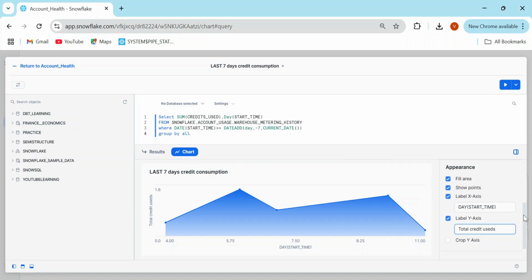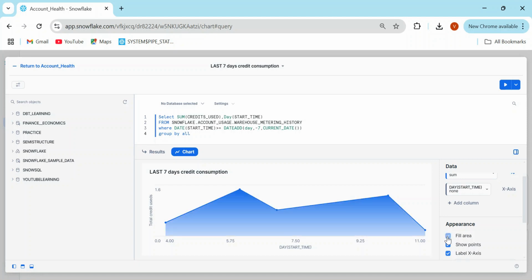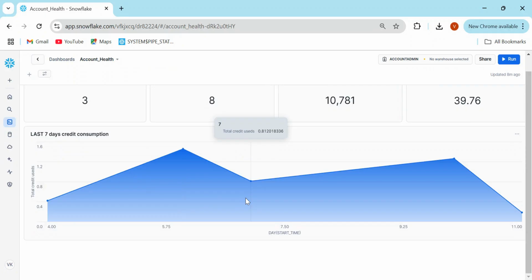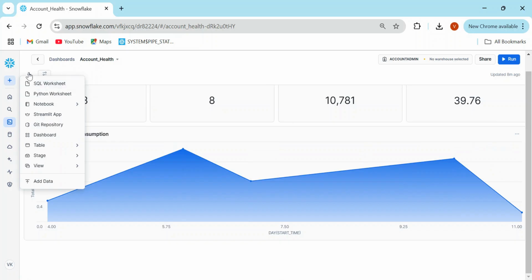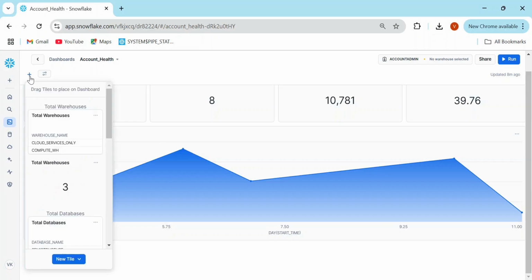And you can even change some things, like in this fill area, then it is going to be like that, and that's how you can visualize that. So that's how you can create a line chart which is going to say last 7 days credit consumption. Now I wanted to know the warehouse-wise credit consumption,